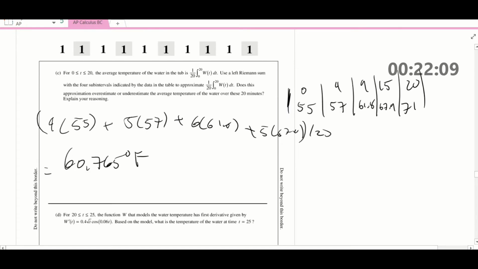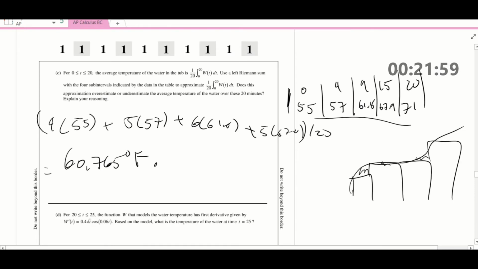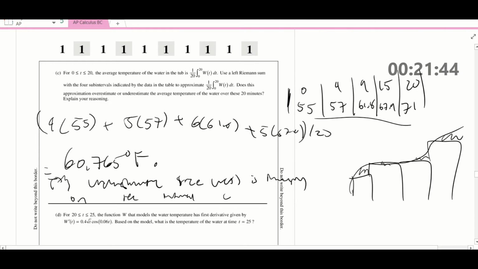This underestimates because this is increasing, so it looks something like this. And we're taking the left sum, so there's always this gap here that we don't have. So it's underestimating since W of t is increasing on the interval between 0